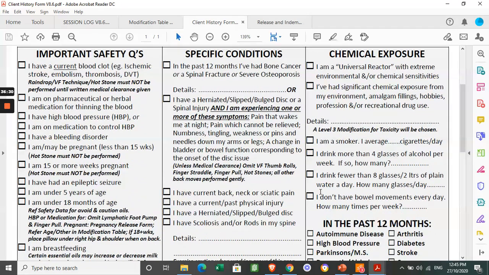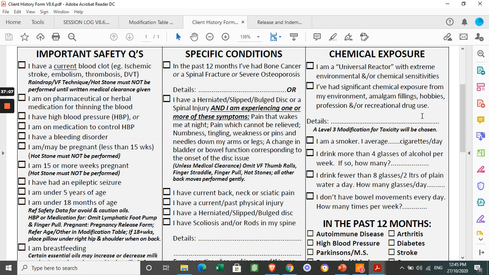All right, so the last column, the right-hand side, chemical exposure. There's a bunch of questions here. I am a universal reactor with extreme sensitivities, environmental and or chemical sensitivities. And the next question is, I've had significant chemical exposure from my environment, amalgam fillings, hobbies, profession and or recreational drug use. The details can be something as simple as you know, I'm a nurse, I'm a hairdresser,